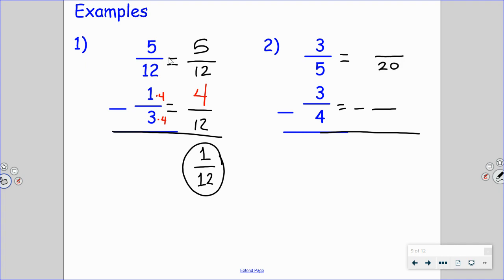Common denominator here, the least common denominator would be 20. One could argue that 3/5 is the same as 12/20, and 3/4 would be the same as 15/20. If you don't believe me, 4 times 5 is 20, 3 times 5 is 15. Now, if we were to subtract, ladies and gents, 12 subtract 15,